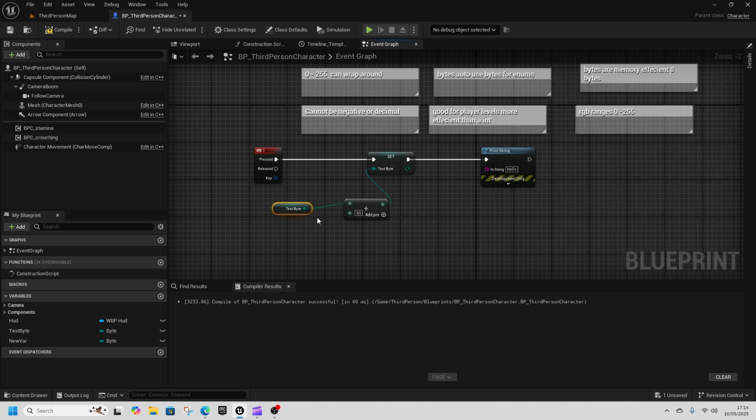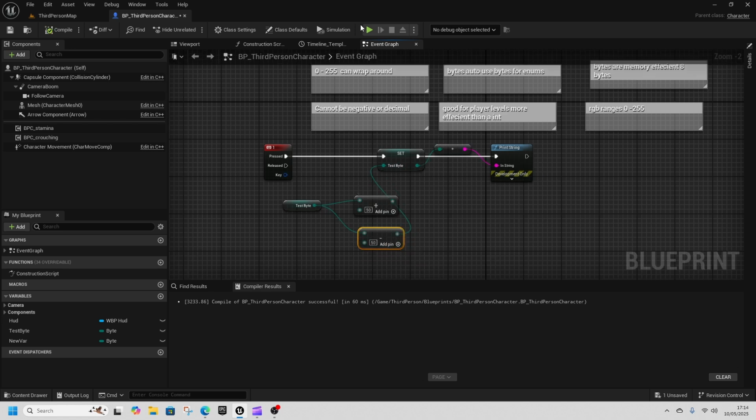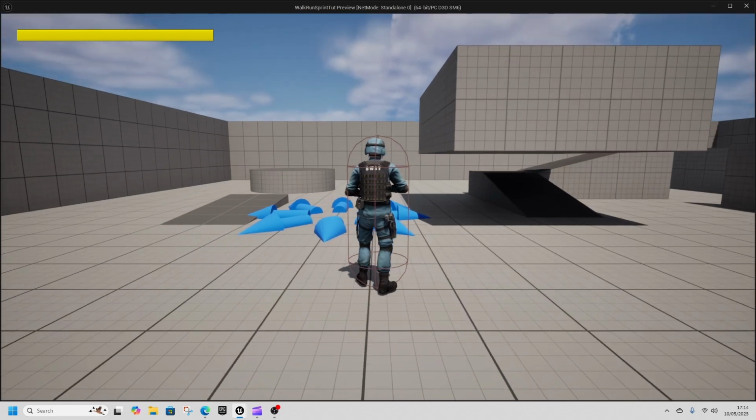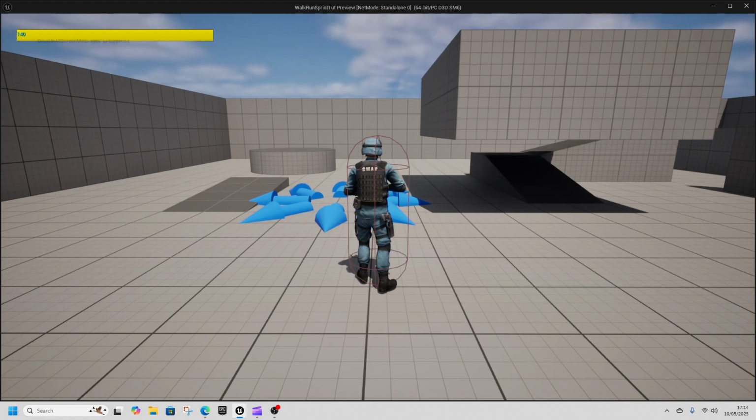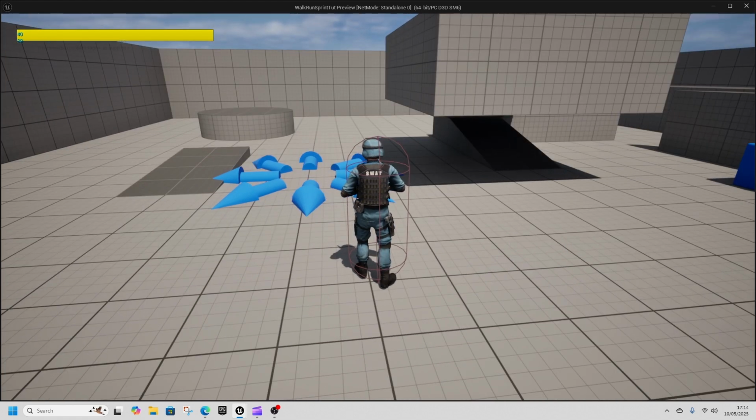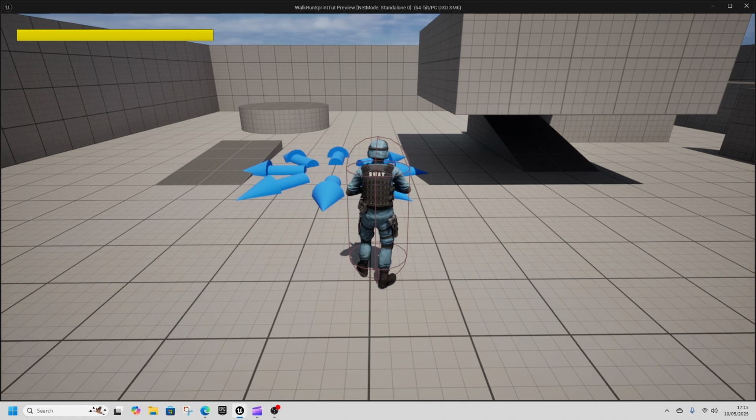Now if we do the same thing for subtraction, so we subtract 50. Currently it's at 240, so we subtract 50 and it'll go to 190 as it does, and then we can go down to 140, 90, 40, and then if I minus it again, it should go down to minus 10,